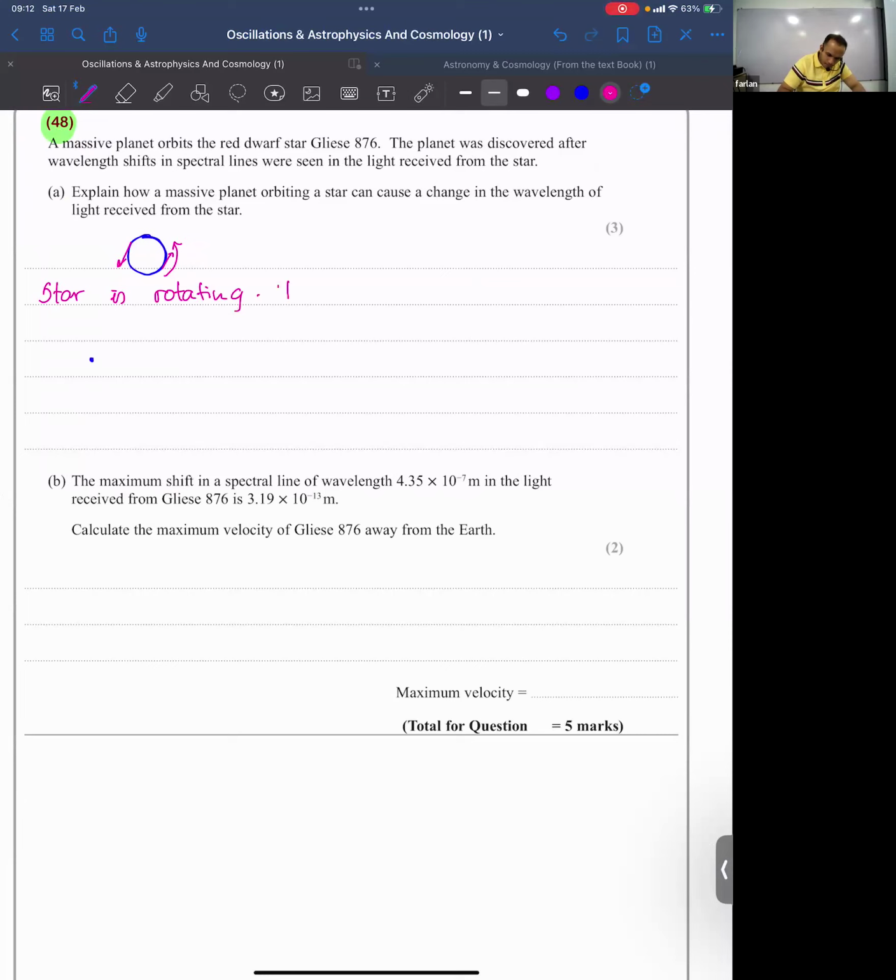Full stop. The wavelengths received from the point on the star that is moving towards the planet will be a lesser wavelength